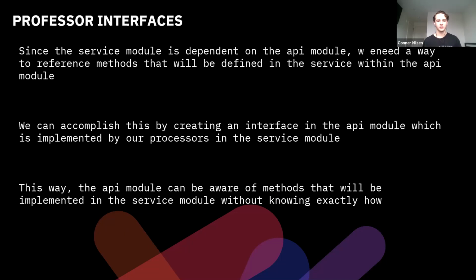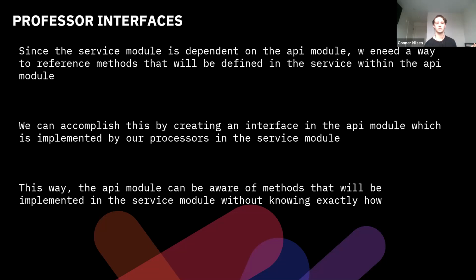The last thing I have, just to finish up really quickly: the API shouldn't know anything about the database, and the database shouldn't know anything about the API. So a lot of the time, processing needs to be done in the service directory using methods provided by those database and API modules. This can make things a bit complicated though, since the API module needs to be able to call these methods, but not really know how they're implemented. So it's accomplished by creating an interface, which you'll see more about in each of those modules that service depends on, and actually implementing those